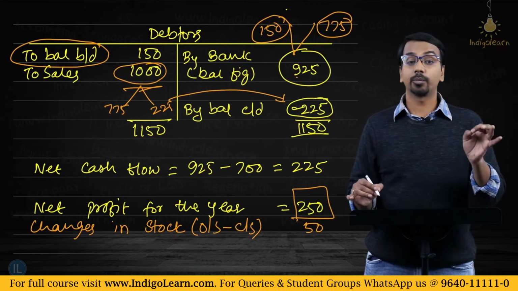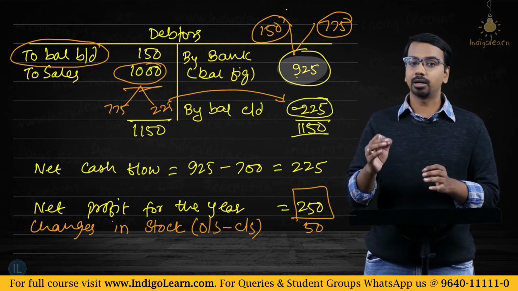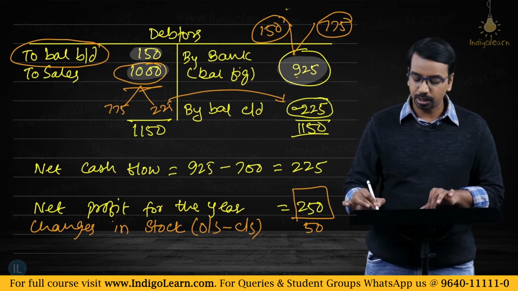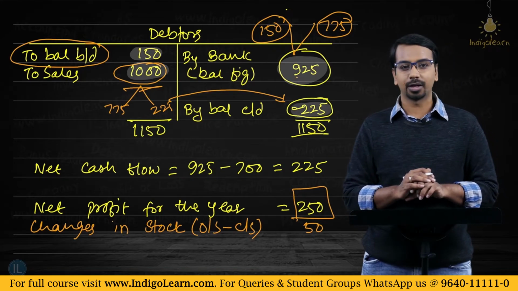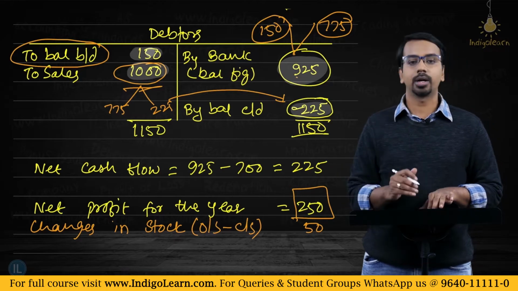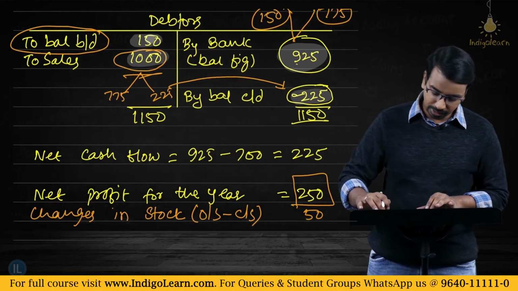If you look at the cash flow from debtors, it is 925. How did we get this 925? One thing is 150 plus 1000 minus 225. Did you not do it that way? Now 150 plus 1000 minus 225 is the cash flow from the debtors. If I just write it down here,